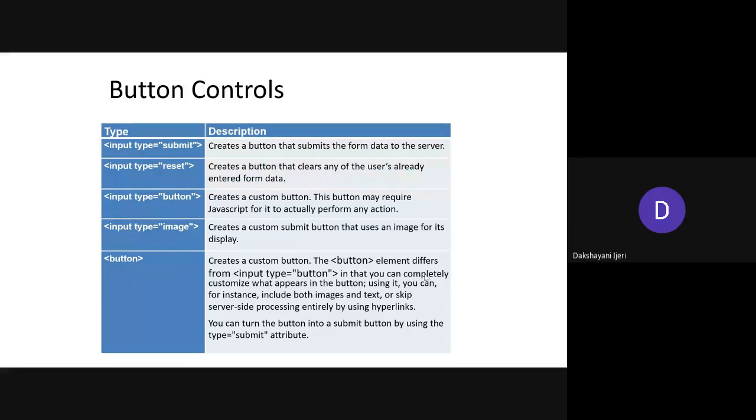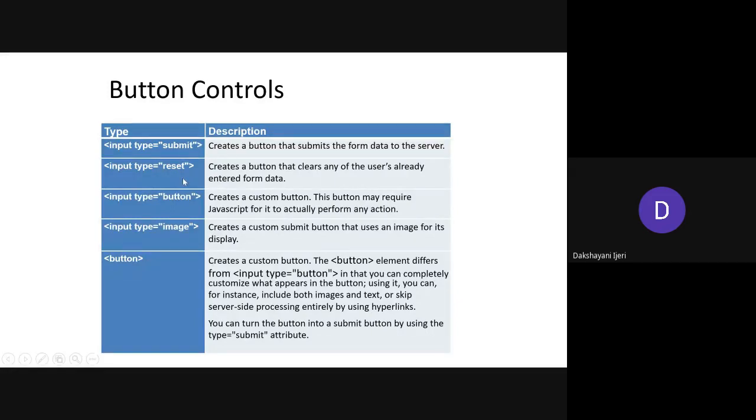Okay. So other kinds of buttons that you are going to create in the form are the submit button, reset button, and one more is a button itself to create the customized button. You can also create the image as a button, and you can create the customized button to include anything within that. With an example we are going to see all these things, how you are going to use them, and how they are going to appear on the web page, right?